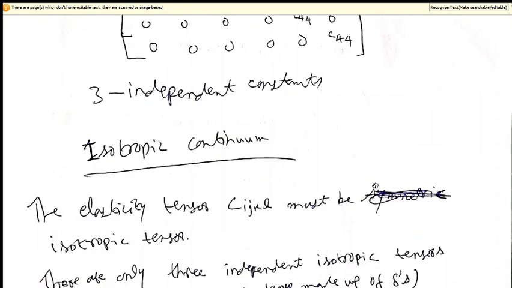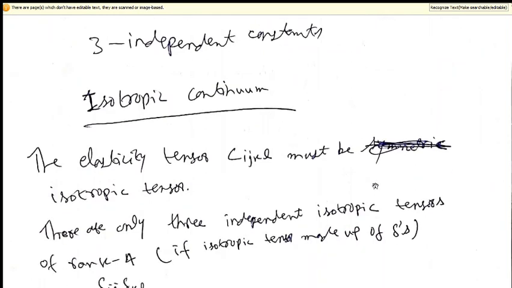Now the isotropic continuum. In isotropic continuum, every orthogonal transformation is a symmetry for this continuum. As we are saying, there is an isotropic continuum, so the elasticity matrix Cijkl must be isotropic for this continuum. So we will see with the help of some other isotropic tensors how we can proceed to calculate the independent components of C for this continuum.